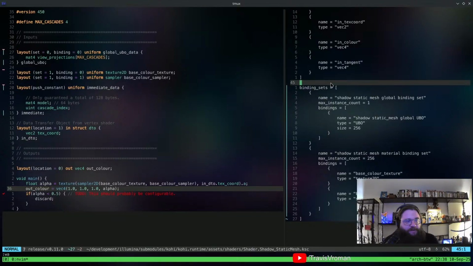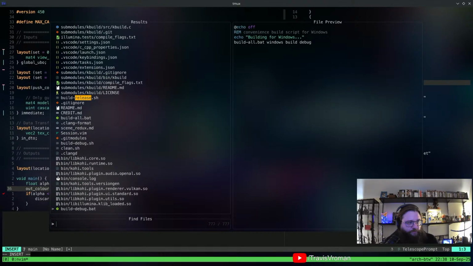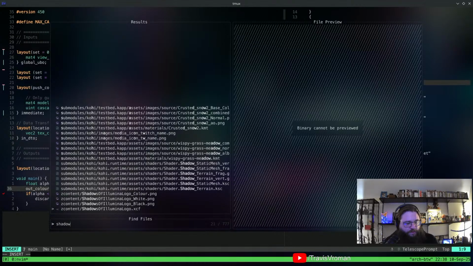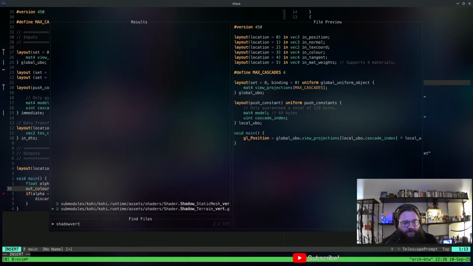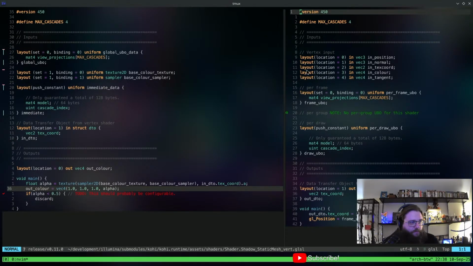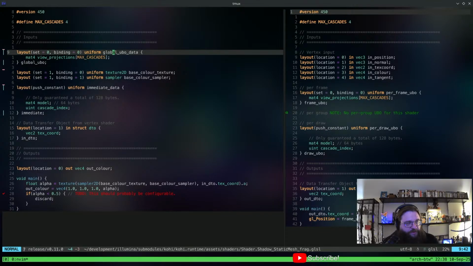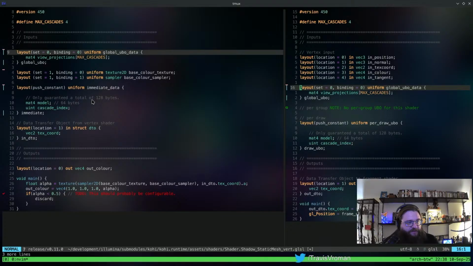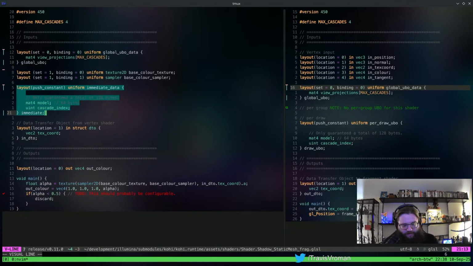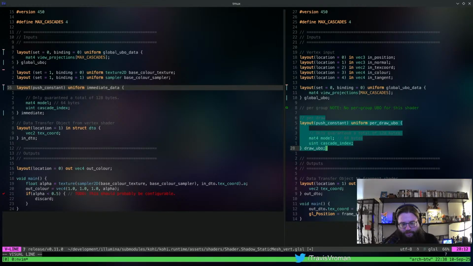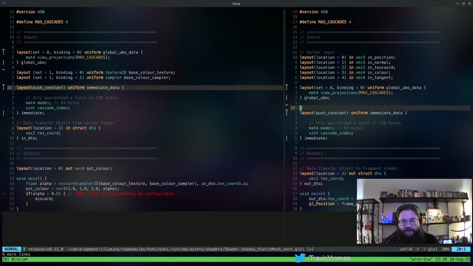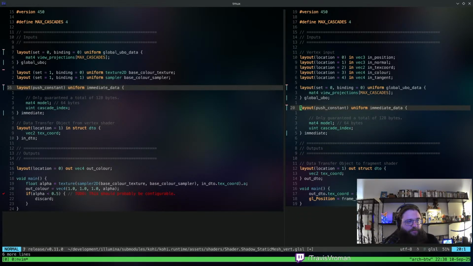So I want to carry this over to the vertex shader. And we're essentially just going to copy this over because we capture the renames, right? So we've got that, and then we have the immediate data here. And I'm just going to get rid of that comment because it doesn't really apply anymore.